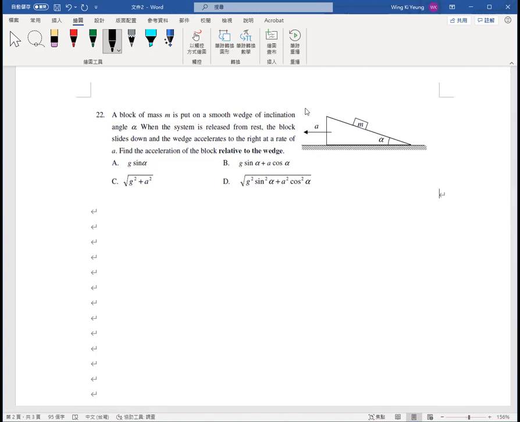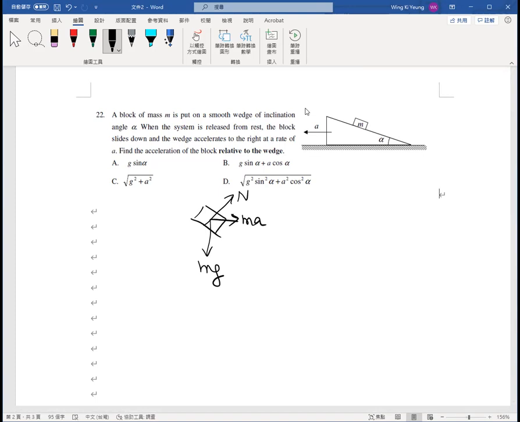There's no friction, and everything is smooth. So there's a weight, of course, and then the small n is in contact with the wedge, so there is a normal force. And also there should be an inertial force